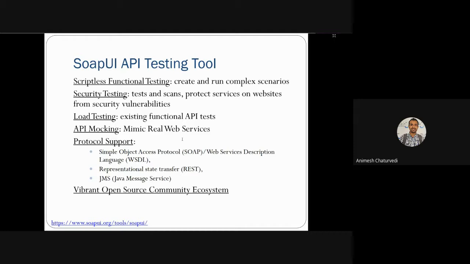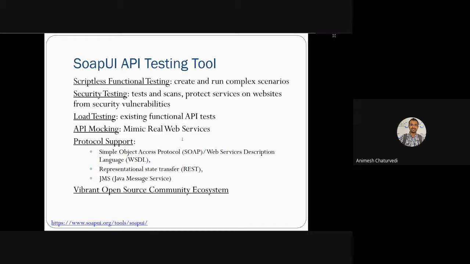You just click with the mouse, right click and create a project. Then in that project you create scriptless functional tests and simply create and run complex web services.